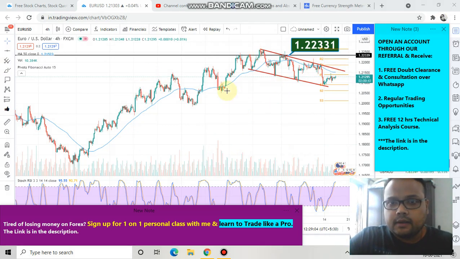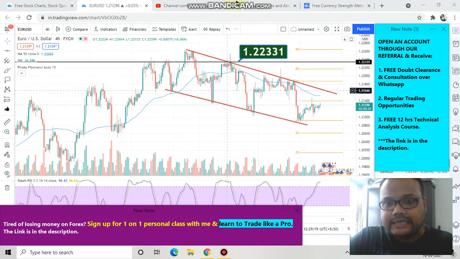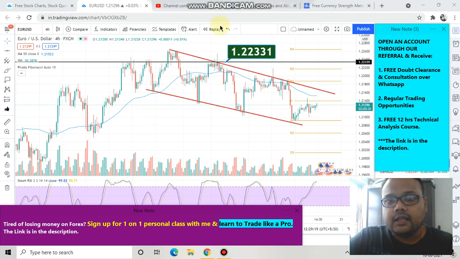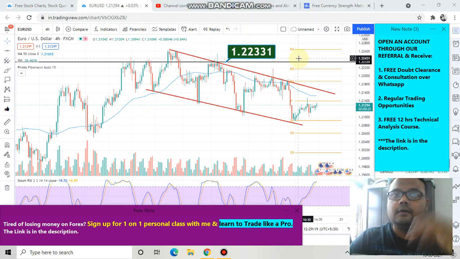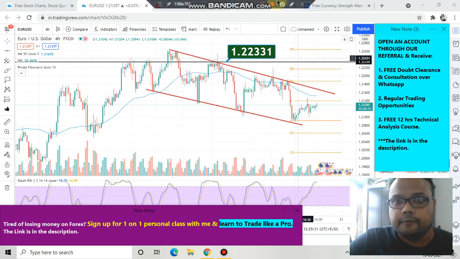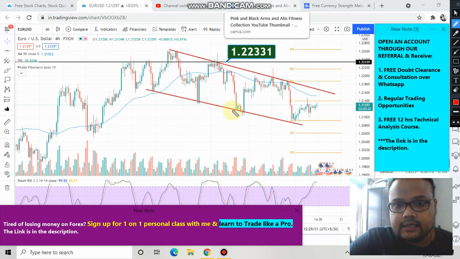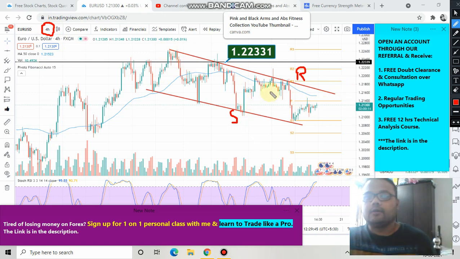But as we all know, if I zoom in, then you can easily see that right now market is following a downward channel. Previously market was stuck in a range, but right now market is following a downward channel. This trend line is acting as support, and this trend line is acting as a resistance. In your trading platform, just switch to the 4 hours chart, and you can also draw lines like this.